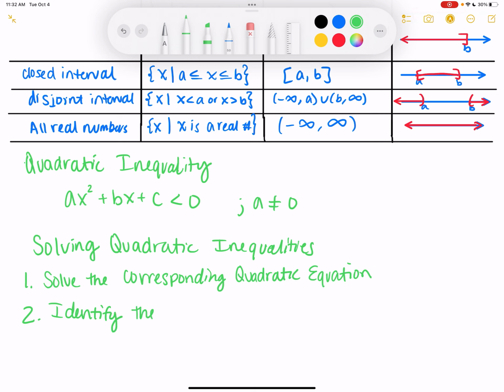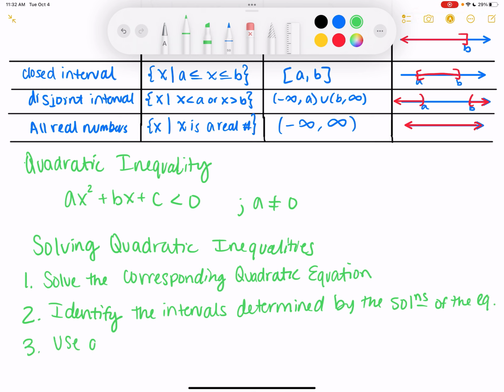Identify the intervals determined by the solutions of the equation. 3, use a test value from each interval to determine which intervals